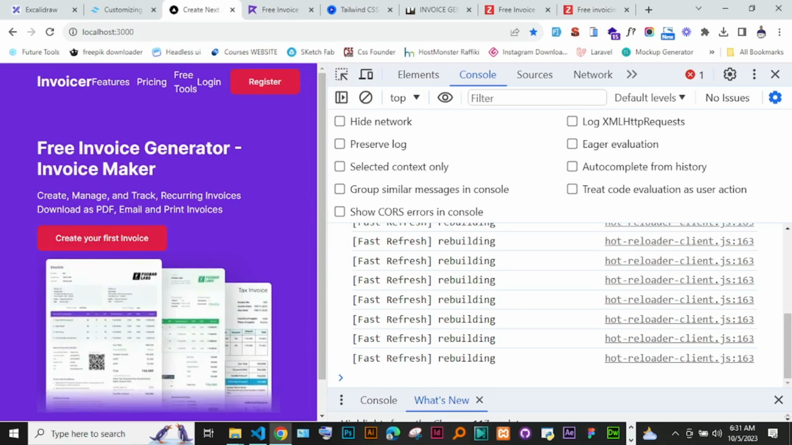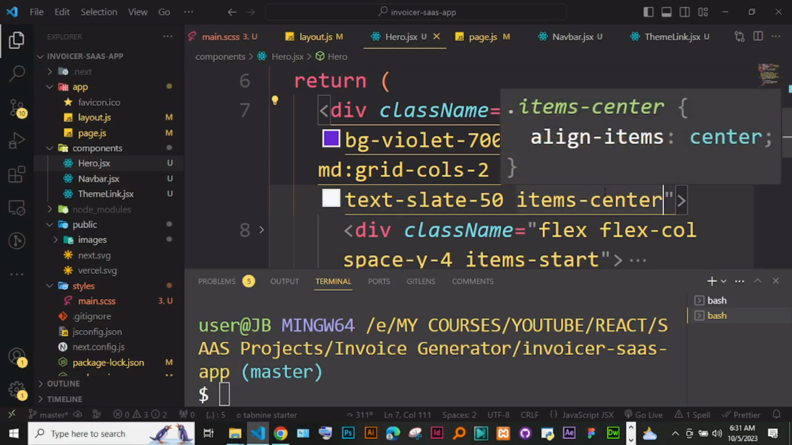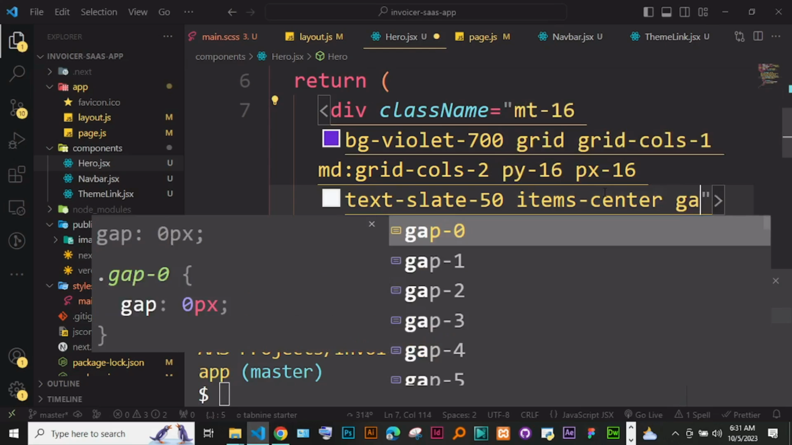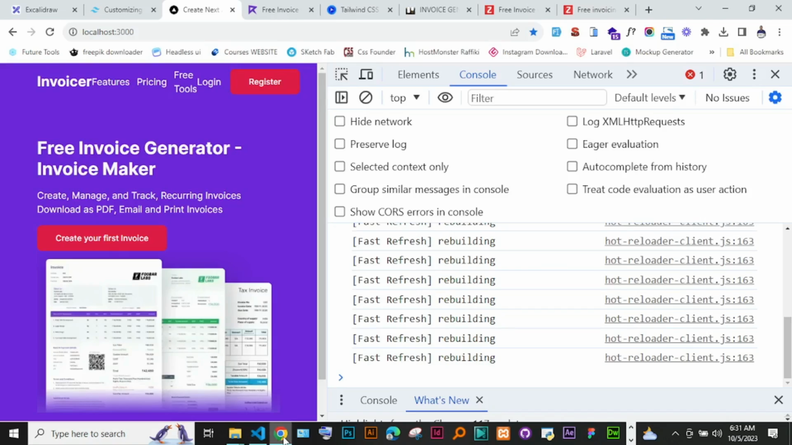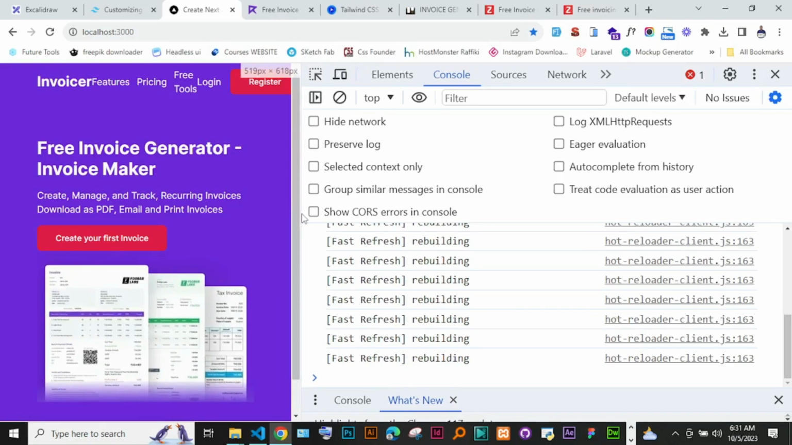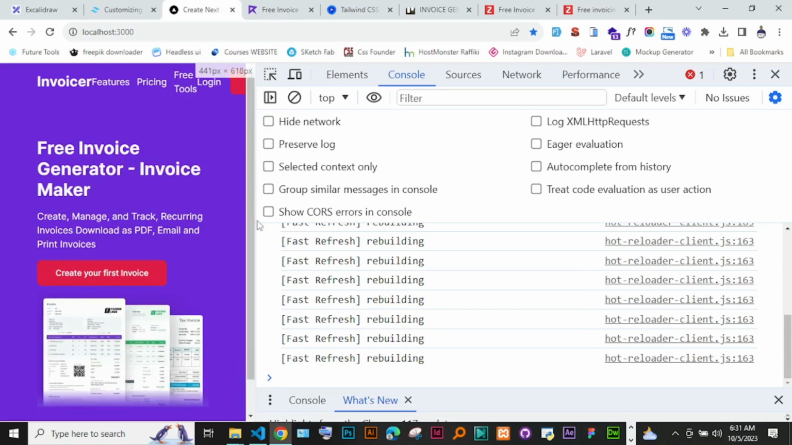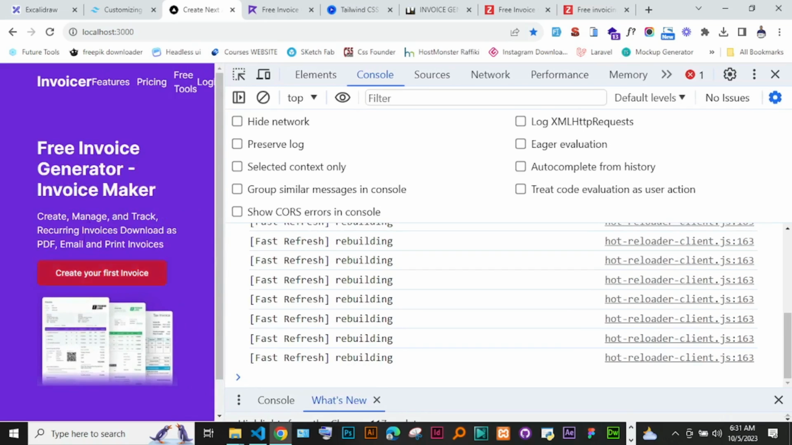So we can just add the gap. Okay, we could just add the gap, maybe 3. Let's look at that. Okay, so 3 looks fine. Okay, and you can see it is really responsive. Like the image is really responsive. Maybe this one. Okay, and even these buttons, they look okay,